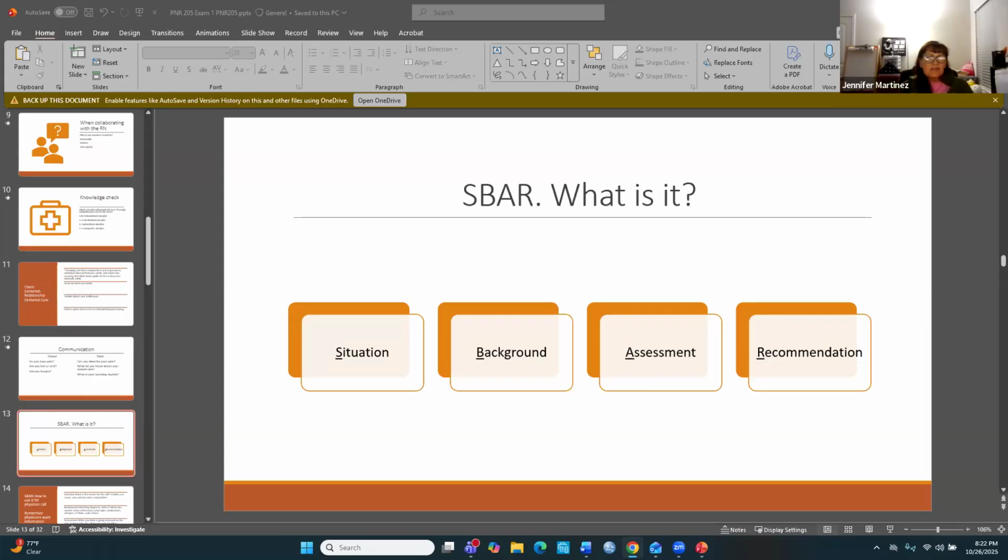So situation, these are things like, if you're calling the provider, who you are, where you're calling from, who you're calling about, and then what the problem is. When did it start? How bad or how severe is the problem? Your background is going to give a little bit more information about your patient, so what their admitting diagnosis was, when